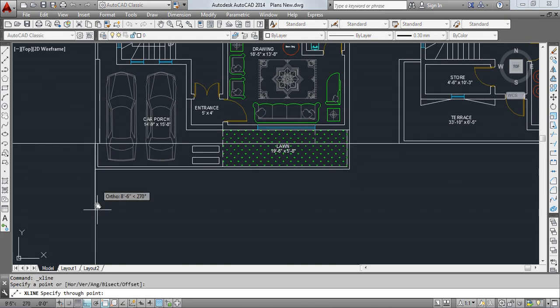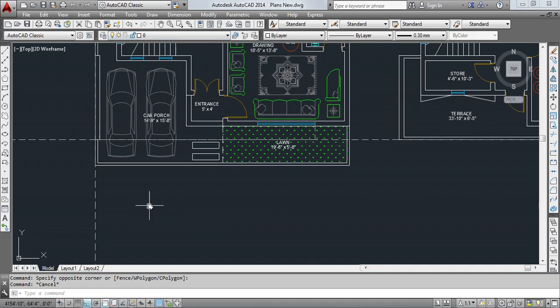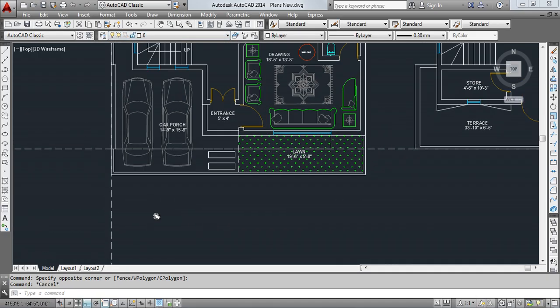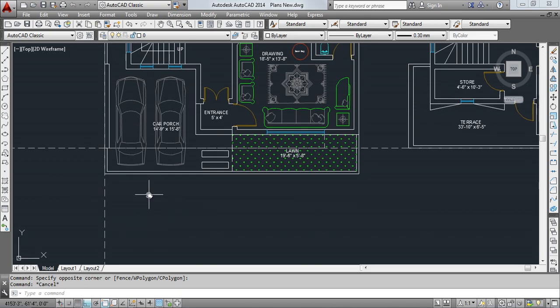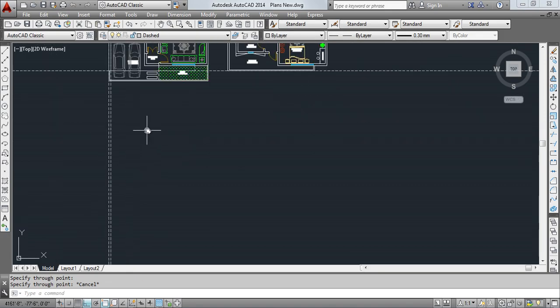For example, this is the first line. I'm going to shift this to the dashed lines so that I can easily enable and disable them as per my requirement. I'm going to choose this dashed line again. I'm going to draw construction lines here. This is going to be my first line. First of all, I'm going to draw a